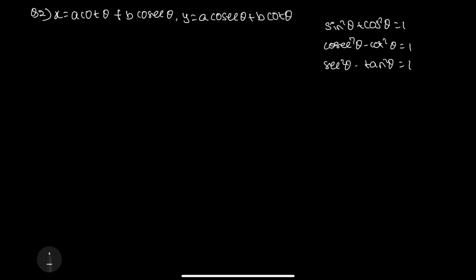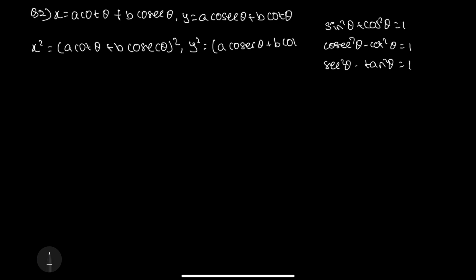Next, question number 2. Here we have this also we have to convert in terms of squares. Here we have two terms in RHS, so we'll leave it as it is. We'll apply square on both sides. That is, we'll get it as x square is equals to a cot theta plus b cosecant theta whole square, and repeat the same for second term, which is y square is equals to a cosecant theta plus b cot theta whole square, and this is in the form of a plus b whole square and a plus b whole square. Expand that in that form and we'll get it as x square is equals to a square cot square